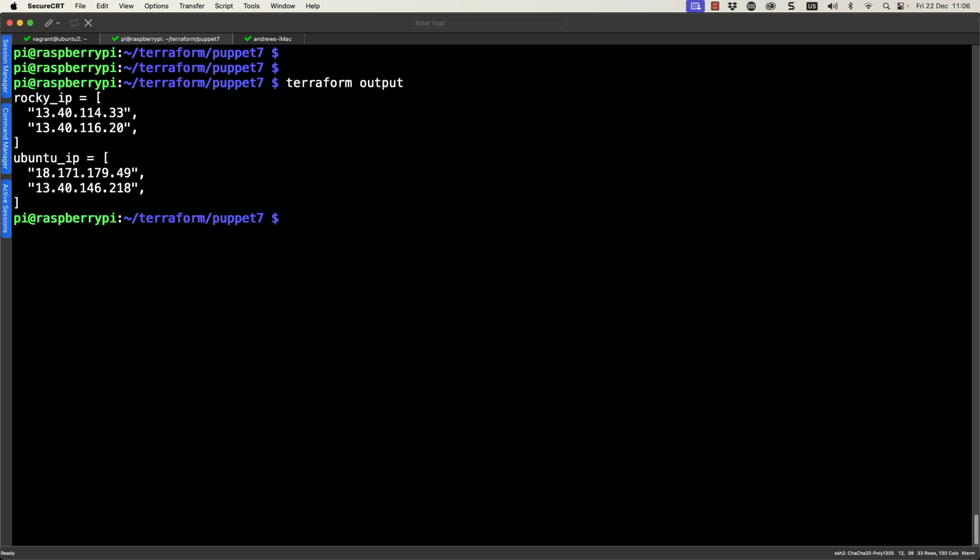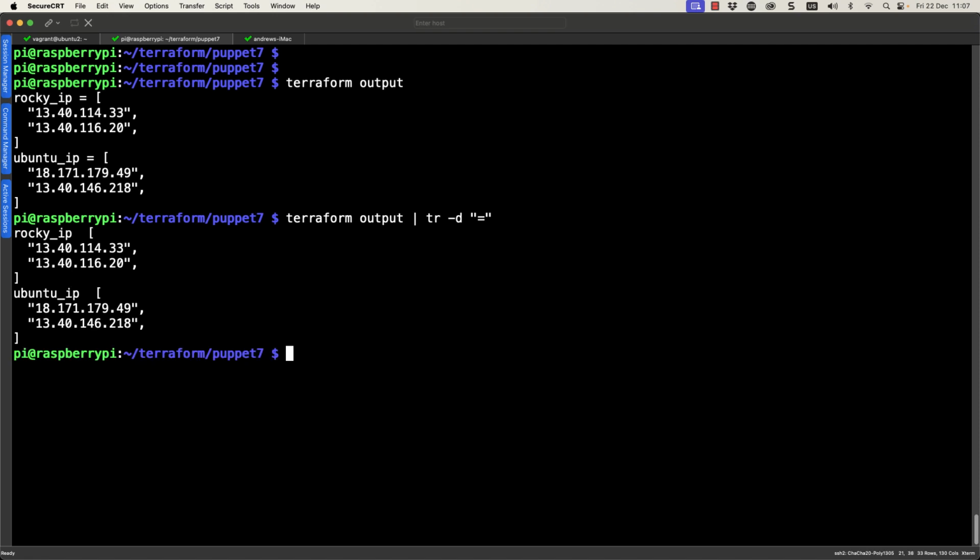If we look at how we can work with this, I can pipe the output to the very simple command tr. This is a simple command and it often gets overlooked. There are different tools we can use, such as sed or awk, to sort information, but this is really simple as well. If I say remove the equals sign, now as I look at my output, we're not going to have the equal sign. It often takes a little while to sort through that, but you can see that it's been removed. Then I can start adding extra characters.